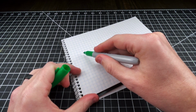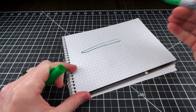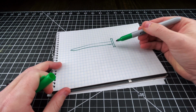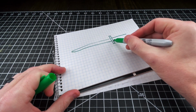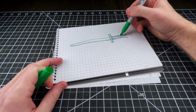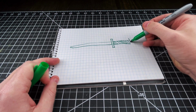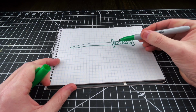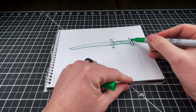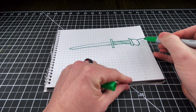All right, so here's what I'm thinking. I've got my wand, right? So it's gonna be like this. And then what I want is some kind of a wrist guard type situation. Then I'm gonna have the handle, which is gonna be like this. I'm gonna use string and go across that like that to make it look all cool and wrapped. Then I'm thinking another one of these, like this thing is the same as that. And then ideally what I would like is some kind of a ball on the end, and then a gem